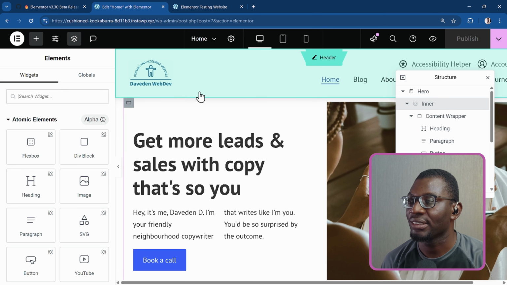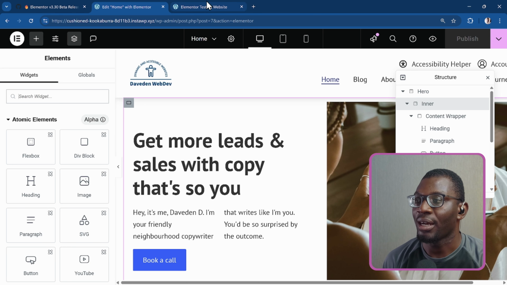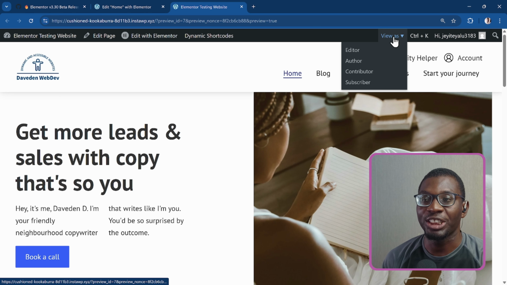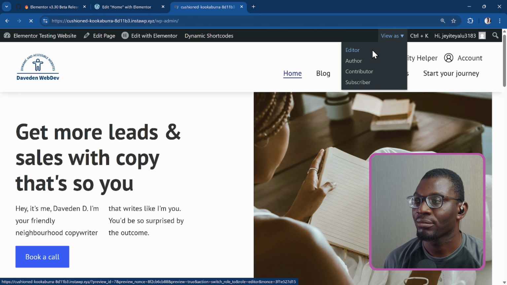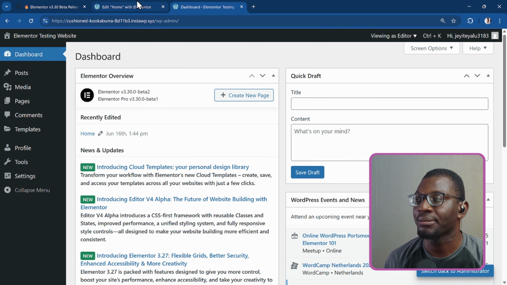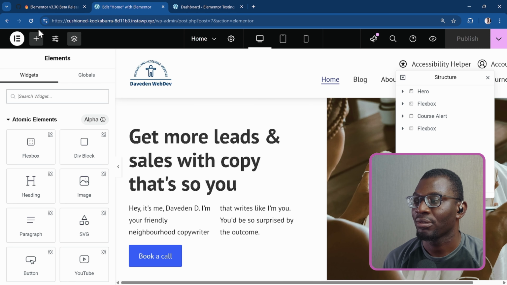Now let's go ahead and look at the same page as an editor. I'm using ASE, which can allow me to use the same user, but then change my user role. So let me change my user role to editor. So now I'm viewing the page as an editor. I can go ahead and refresh this page. And now